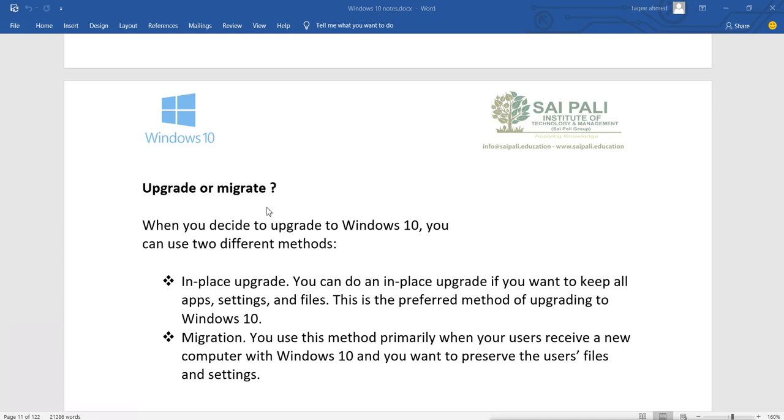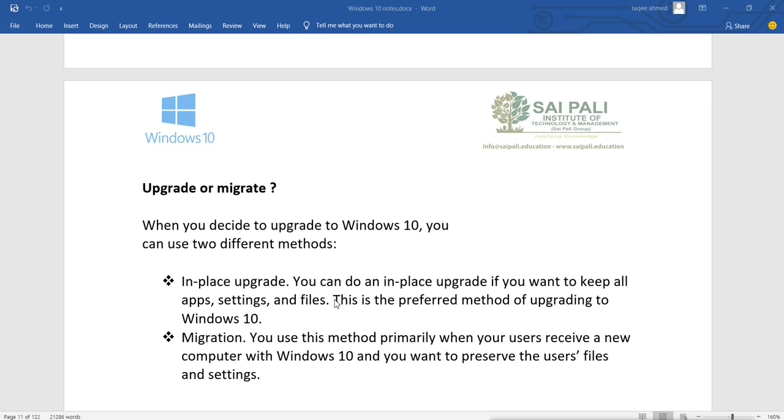So when you decide to upgrade to Windows 10, you can use two different methods. First, in place upgrade, and you can do an in place upgrade if you want to keep all app settings and files, and this is the preferred method for upgrading to Windows 10. So in place upgrade means this will keep all the settings and applications as they are, and it will just update the operating system.